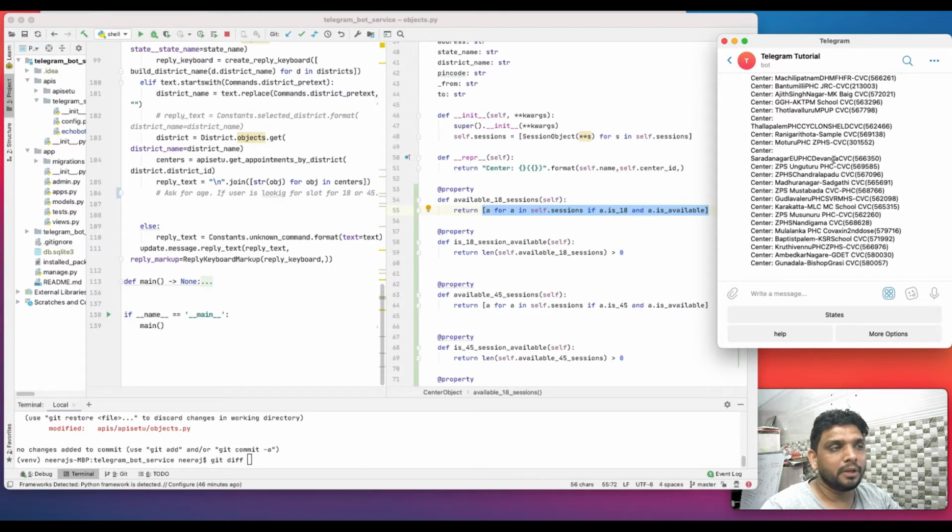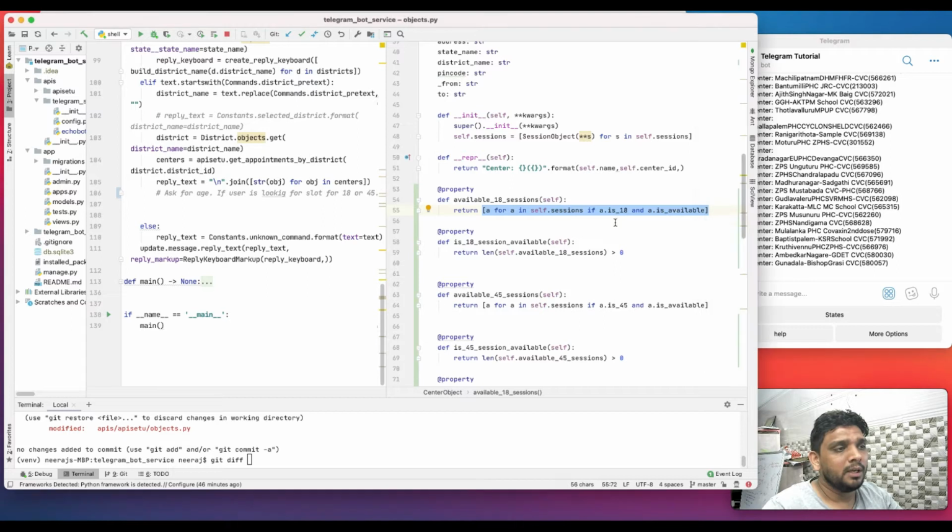There is no point displaying all those centers which have no value at all. We always get to see 0, and that does not make sense. That's why we are explicitly filtering whether we have an 18 session available and how much.